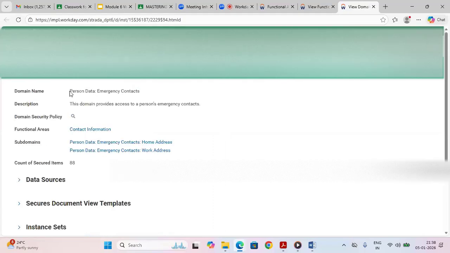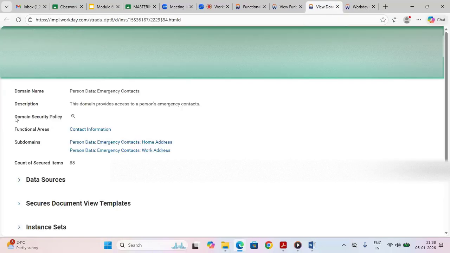Under this personal data emergency contact domain there are personal data emergency contact home address and personal data emergency contact work address. These are also called the child domains. If I go to this magnifying glass and open it in another tab, it tells us this is the domain security policy. Suppose the HR partner who has joined our organization